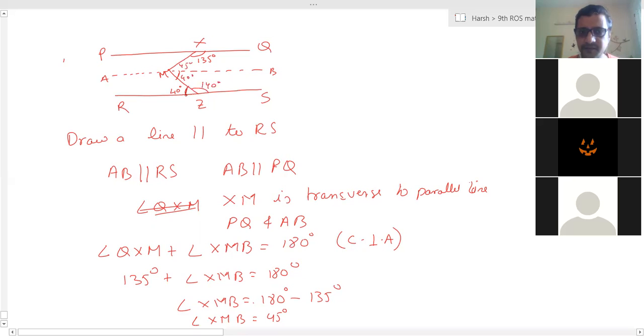Vidyut, this is 40 degrees. This angle will be 140 degrees. This line is parallel to this line, and this line is transverse. So this angle plus this angle will be what? 180. So if this is 140, this will be 40. Then where is the doubt? Sir, what reasoning can we give? Co-interior angles. This is co-interior. I have written it here, co-interior angle. Yes, sir.